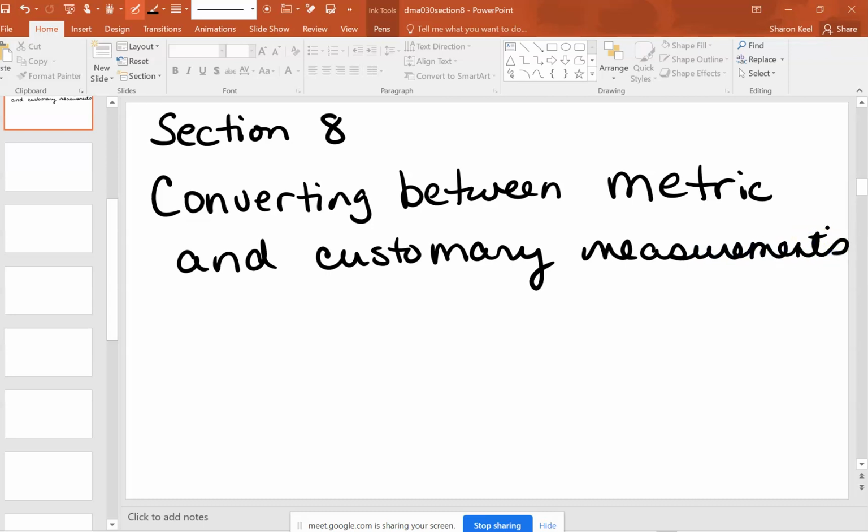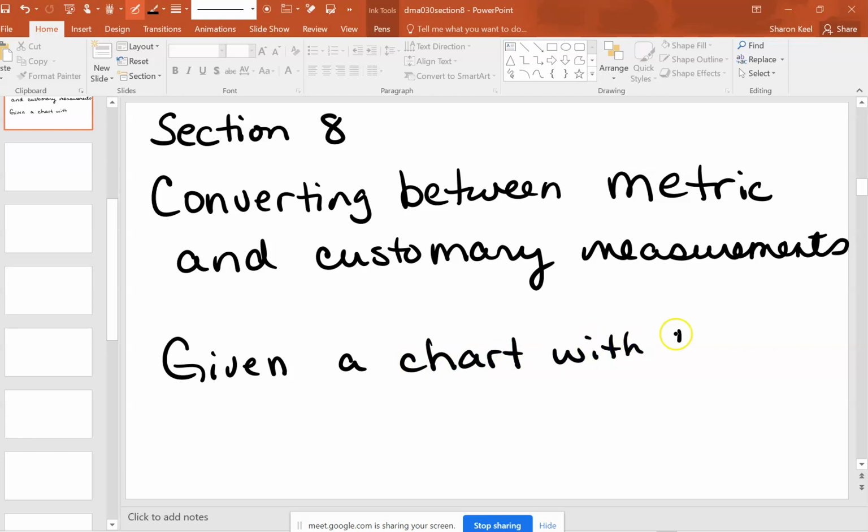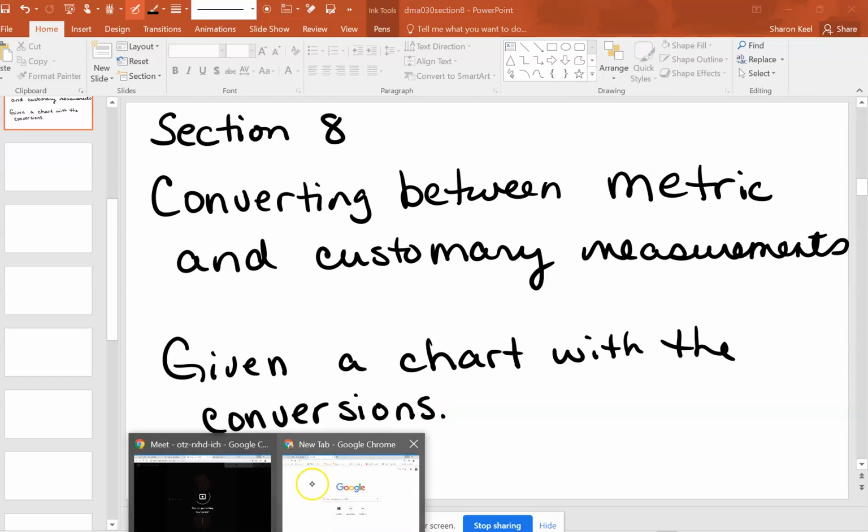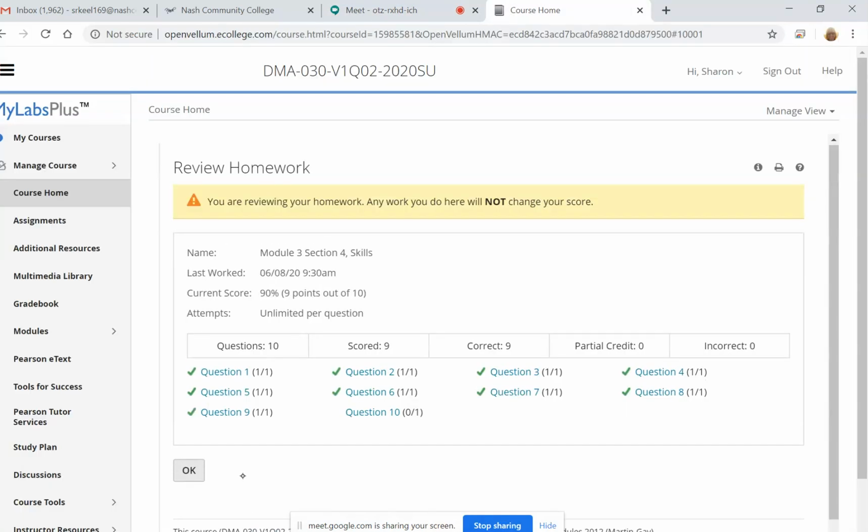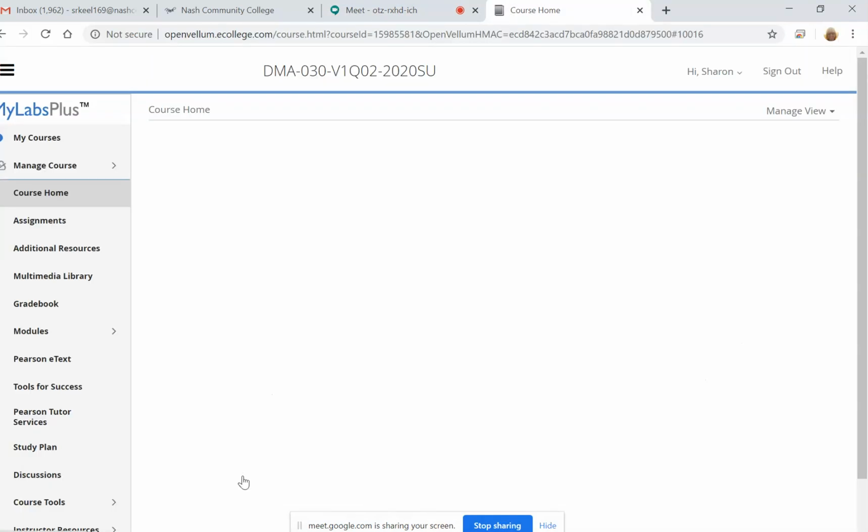So when we're looking at converting between metric and customary, you will be given a chart with the conversions. So when you're on the computer and you're doing problems with the conversions, you're going to be given those. So let me come here and I'll show you. So when we are on the assignments in section 8,